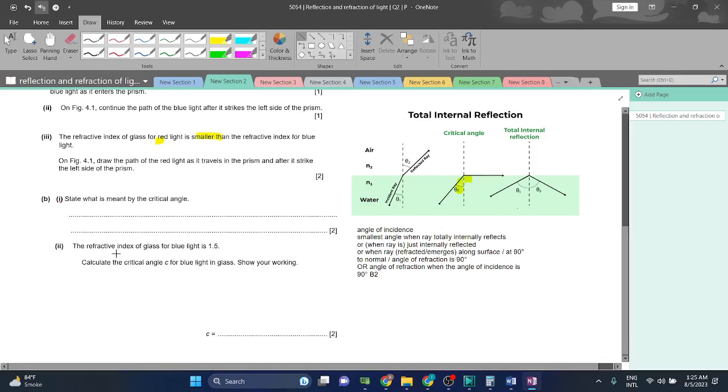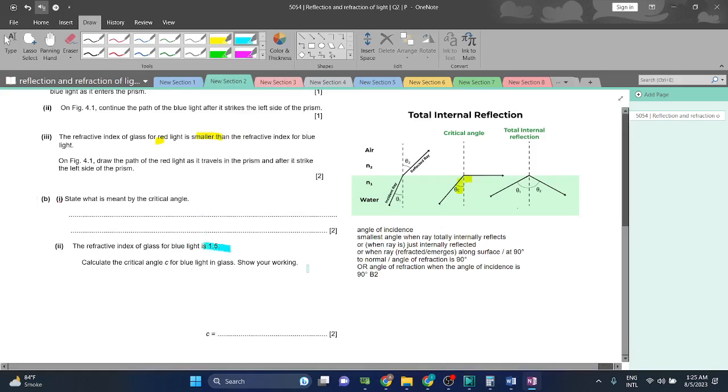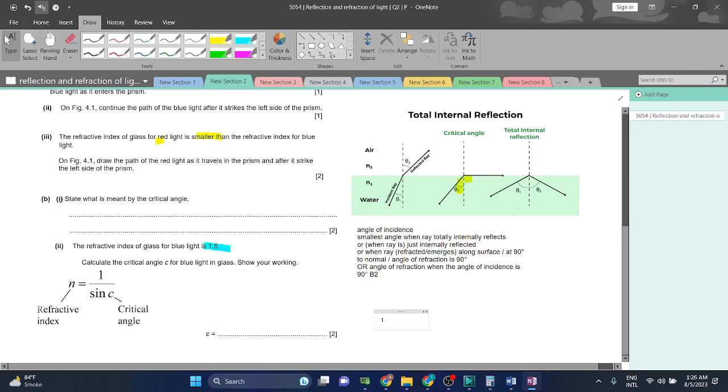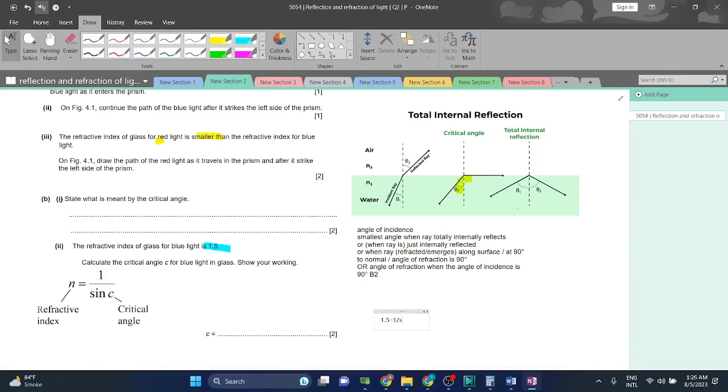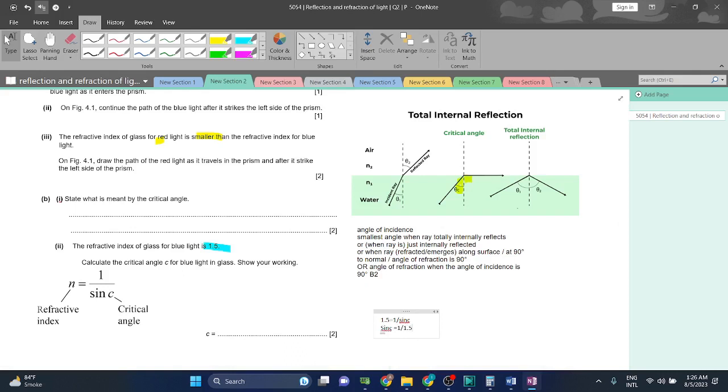Let's see, आगे देखते हैं। The refractive index of glass for blue light is 1.5. Calculate the critical angle for the blue light in glass, showing your working. अच्छा, critical angle के लिए हमें एक formula use करना है, this formula which is, this is going to be the formula, we'll apply n is 1.5 which is the refractive index, or n equals to 1 divided by sin c, where c will be the critical angle। तो अगर हम sin c को इधर ले जाए और 1.5 को इधर ले आए तो that will give us sin c is equal to 1 divided by 1.5। तो अगर हम 1 divided by 1.5 करें, अभी मैं कर लूं, मैं आपको करके दिखाता हूँ।